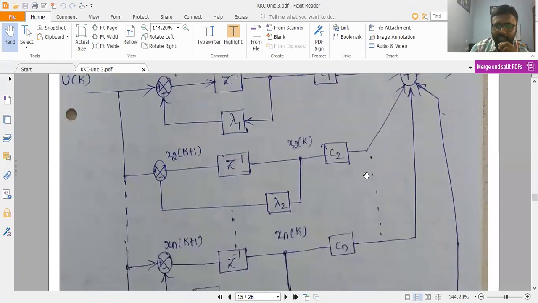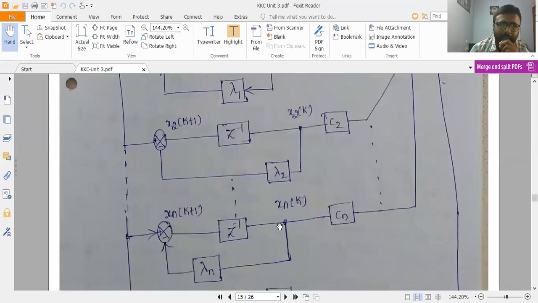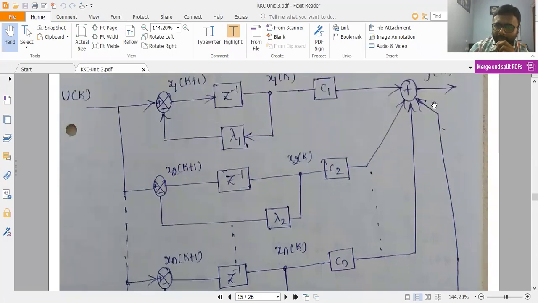So this particular process is going to be carried out until how many terms? That is nothing but lambda n poles. Okay. And finally, the last term is nothing but cn into z power minus 1 divided by 1 plus z power minus 1 into lambda n. So cn is going to be noted separately, and z power minus 1 and lambda n are going to be connected in the feedback path. Therefore, this particular product is going to be added to this particular function.